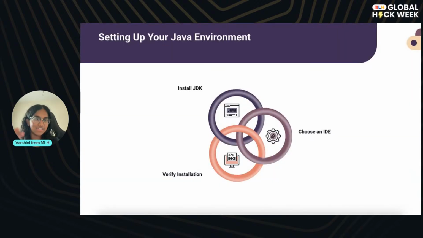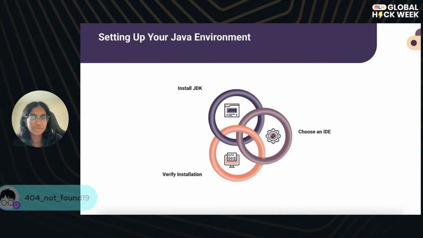So we're just going to jump right into setting up your Java environment. I've got 2 different parts to this, and it depends on what operating system you use. I made the bold assumption that all of y'all are either on Windows or Mac, but that might not be true. If it's not, please let me know and I will go and find your installation instructions. I'm going to go over the Windows installation instructions first, and then I'll go over Mac. So if you're a Mac user, just hang tight for a second and I will get to you.